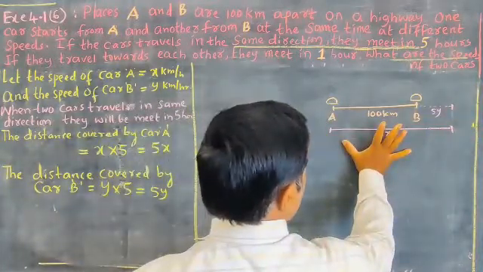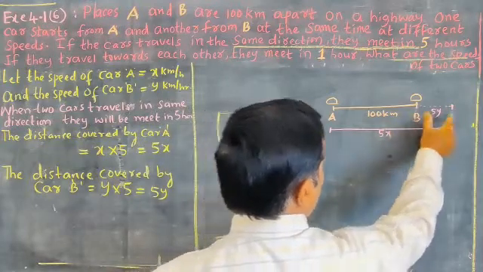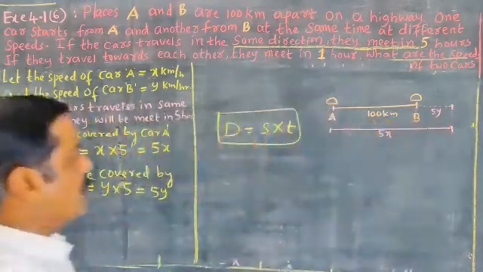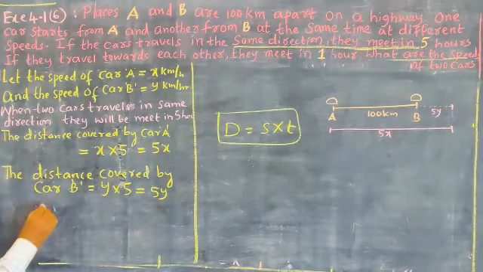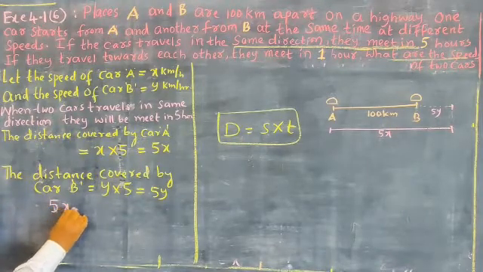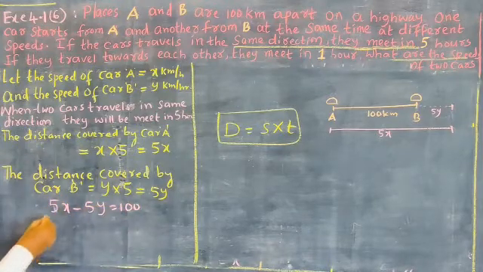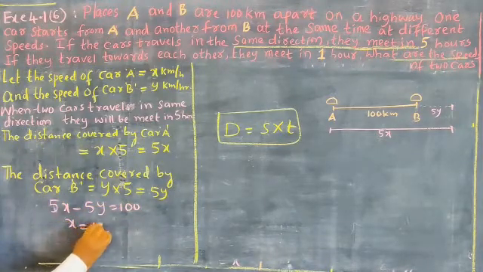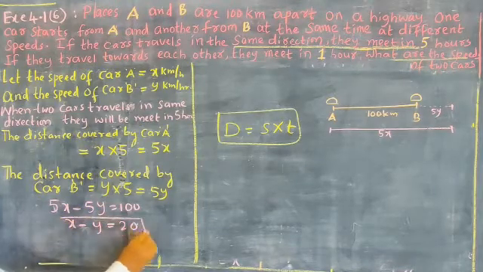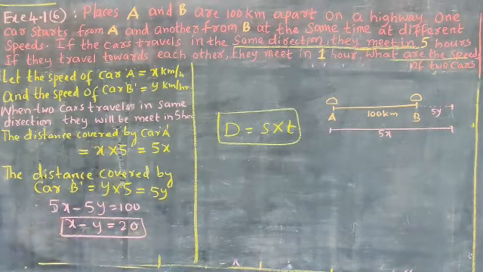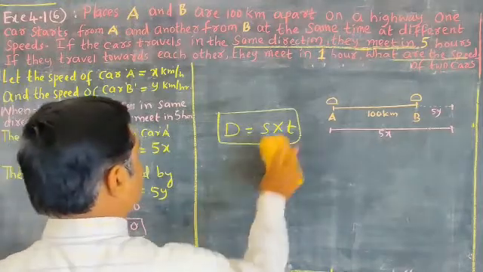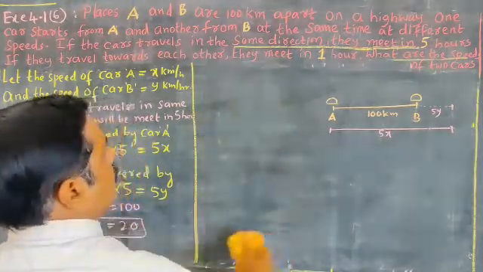This distance of 5x minus 5y gives us 100. That's why I write here 5x minus 5y is equal to 100. When I cancel, x minus y is equal to 20, which is the first equation. Is it clear for all? Right. And next,